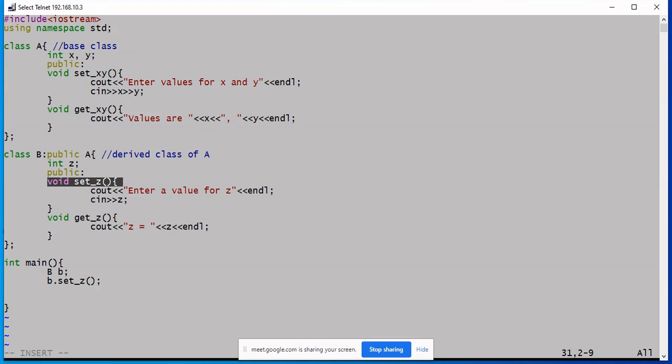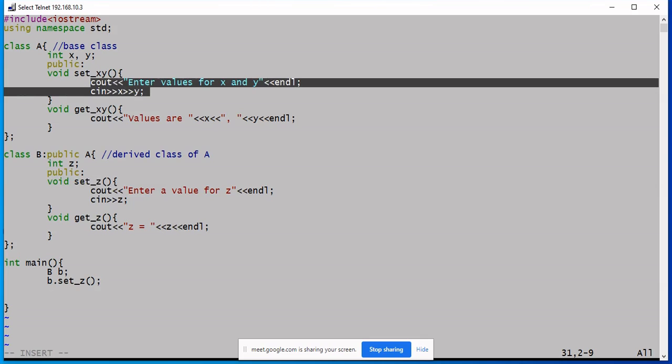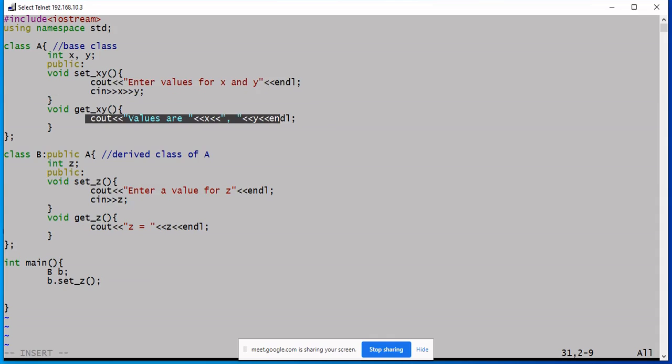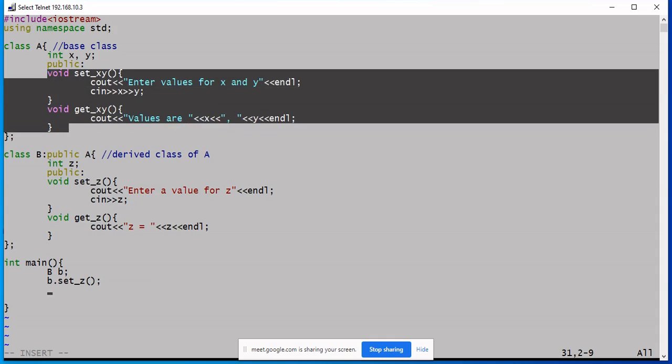If at all you want to access them, you want to set the values or fetch the values, you need to do so using member functions in your base class or in your parent class.